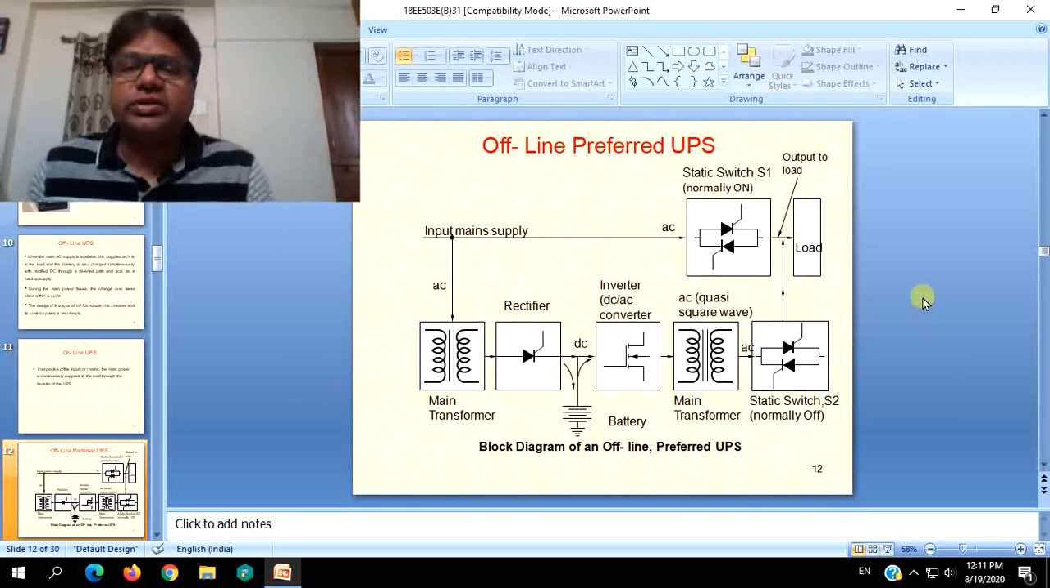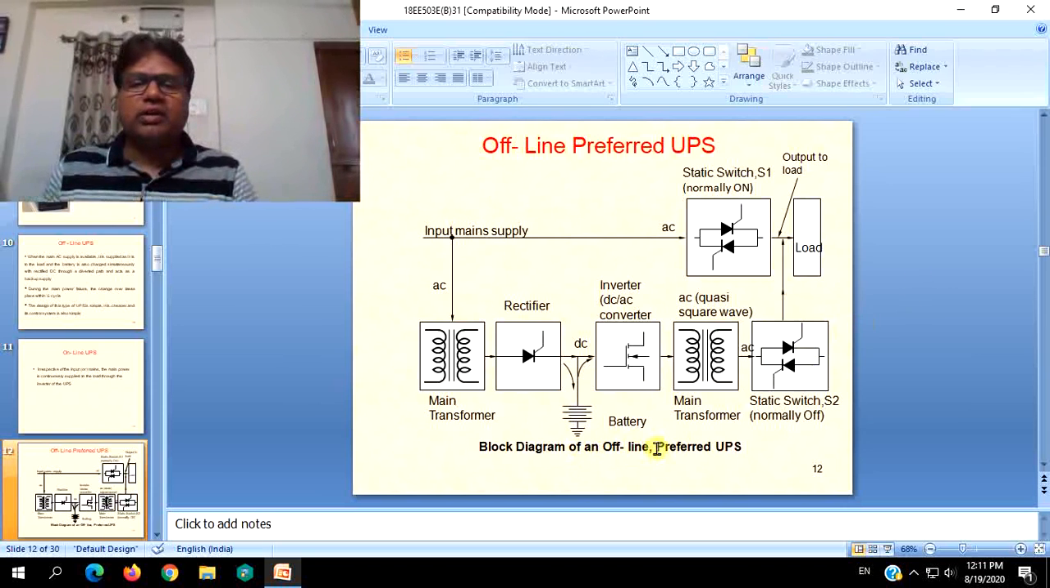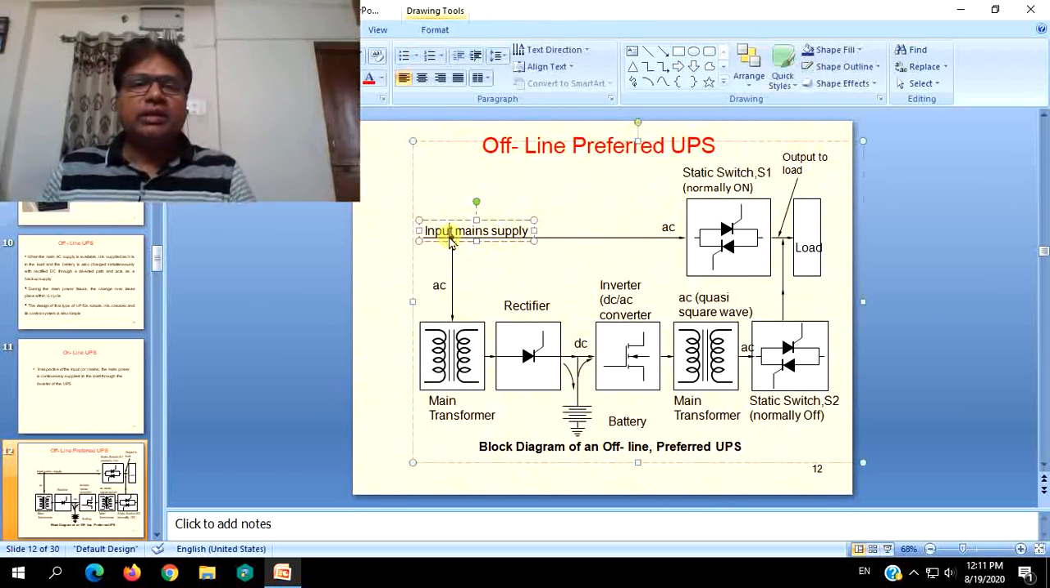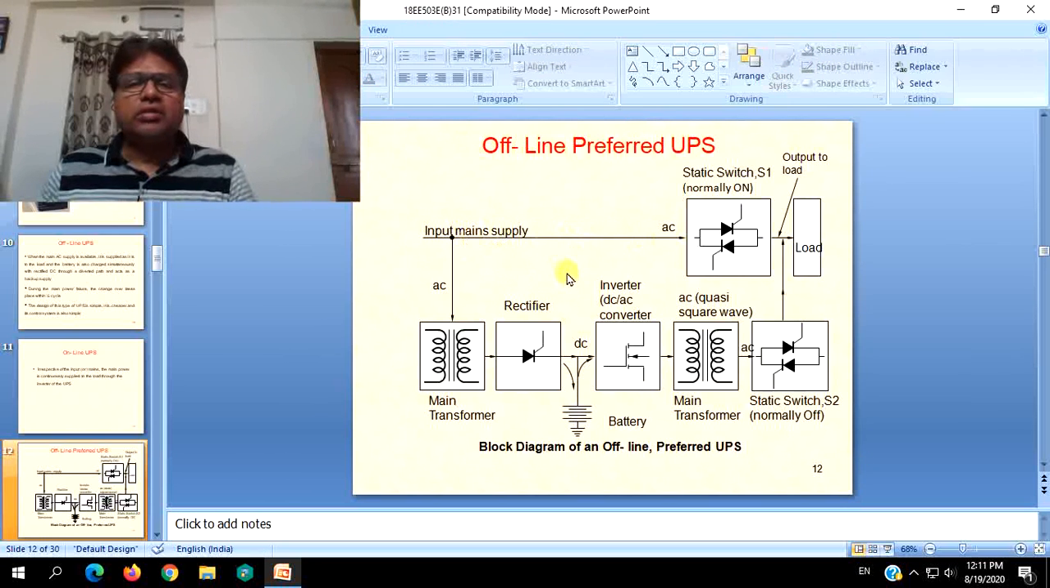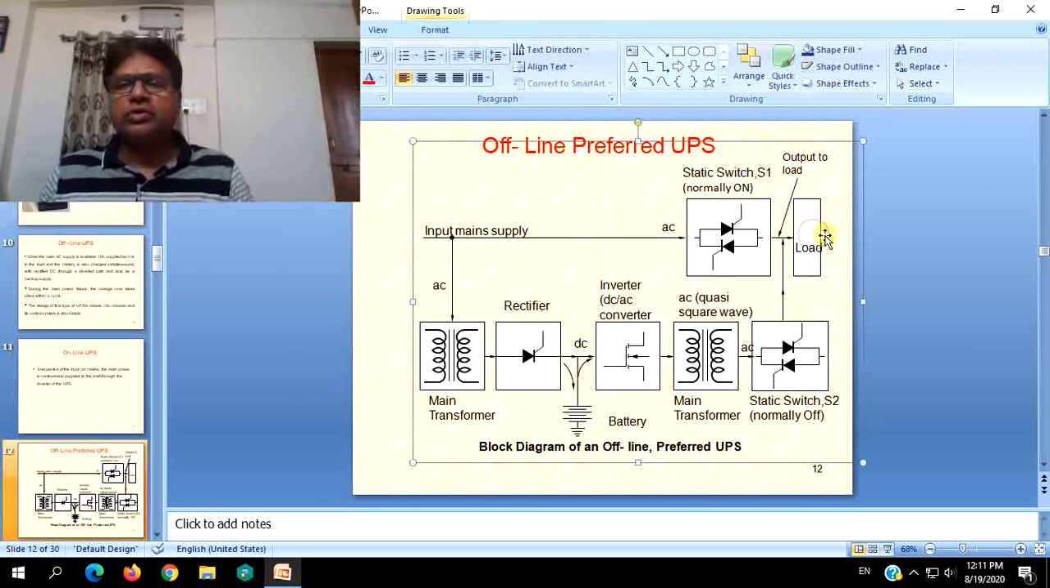The first one to discuss is a block diagram of an offline preferred type of UPS, where the input main supply is shown over here. It is fed via two paths, or it is tapped in two different paths. One of the paths is straight away connected to the actual load shown over here via a static switch, which